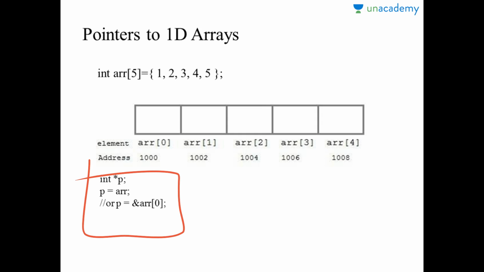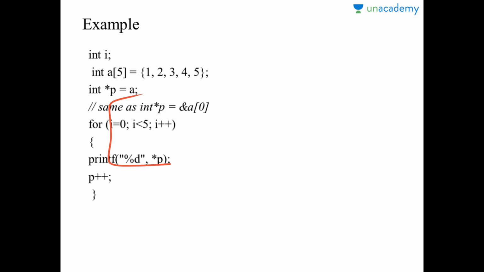We know this. So in this program, the pointer *p will print all the values stored in the array one by one. We can also use the base address, which in this example was ARR, to act as a pointer. So the base address can be used to act as a pointer and print all the values. In this case p will print all the values. So when we replace the printf %d p, here's another example.